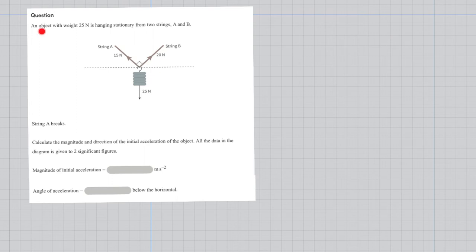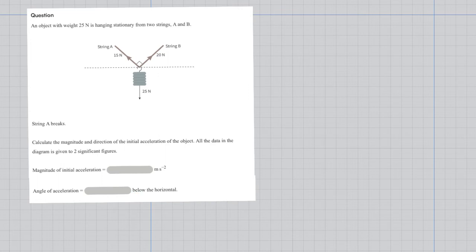Looking at this problem here, an object with a weight of 25 newtons is hanging stationary from two strings, A and B. String A breaks. Calculate the magnitude and direction of the initial acceleration of the object. All the data is given in two sig figs. So first, we're trying to find the magnitude of the initial acceleration, and then what's the angle of that acceleration